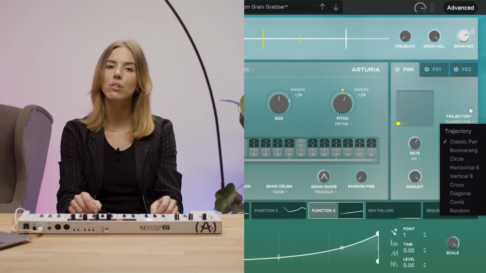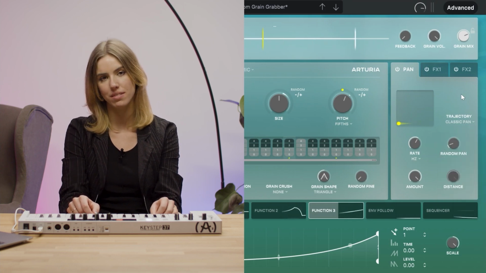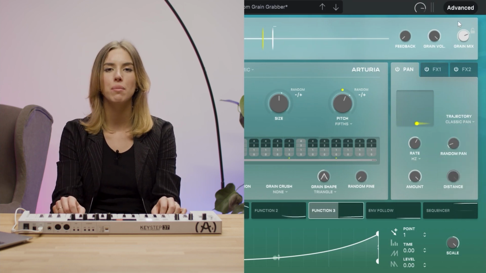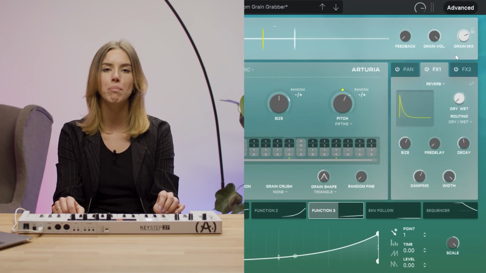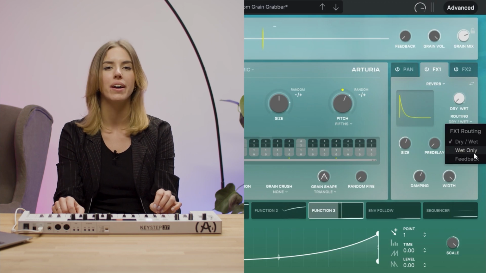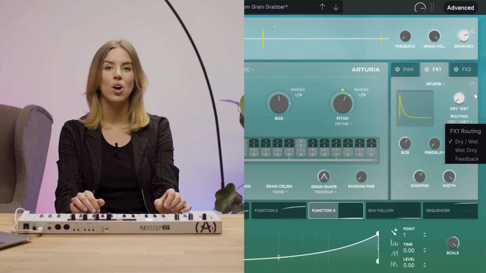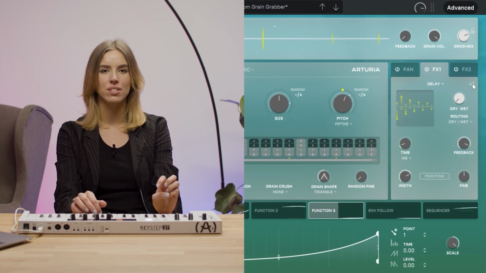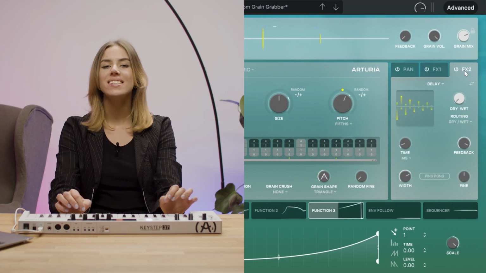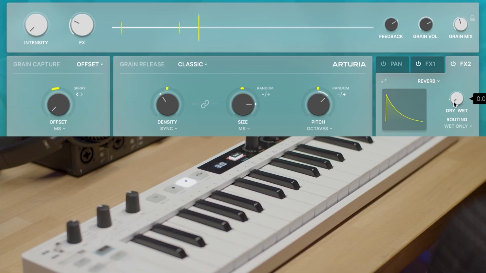There are a few more controls to discover here, and we'll cover these in the advanced panel part. The last two elements in the basic panel view are the two FX slots that allow you to impact the feedback signal, the dry and wet signal, or the wet signal only. Each FX slot offers the dry-wet control, and arrows to replace the FX slots into a different order. Let's listen to a few presets that utilize these various effects.